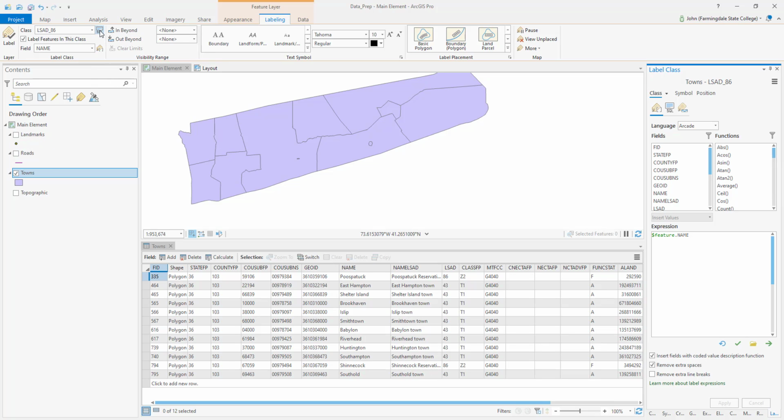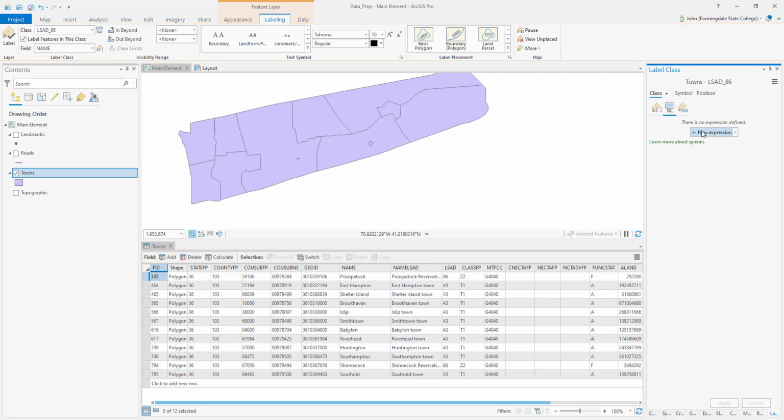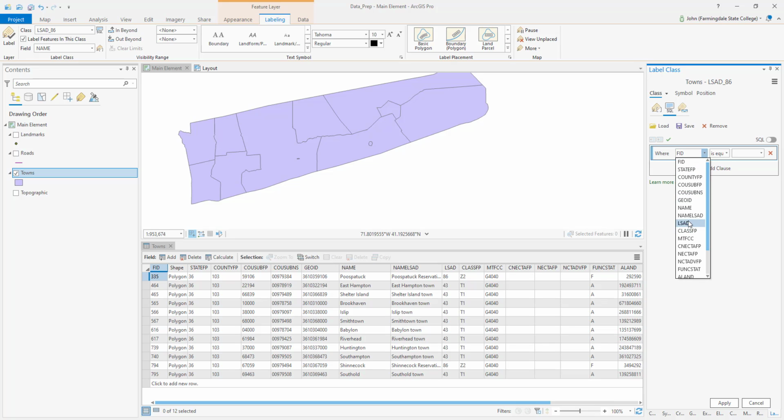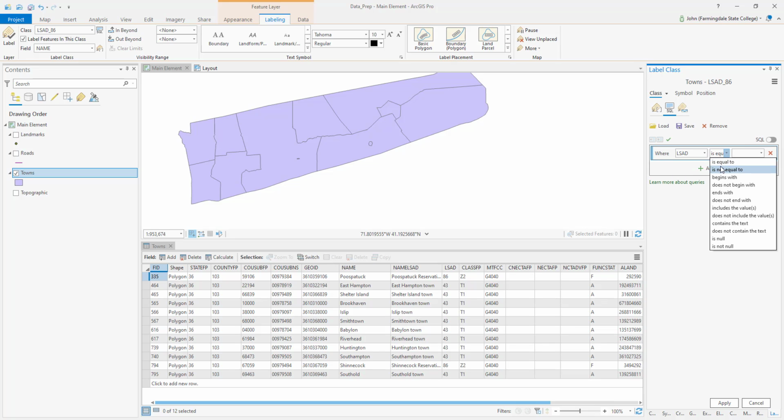If we click the SQL query, you can see here that we're able to build an expression to subset the features. The expression that we're going to want to build here is going to be a new expression where LSAD is equal to 86, because 86 is the LSAD code for reservations. So if I click apply, okay,